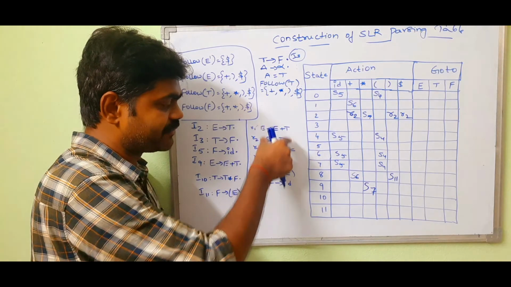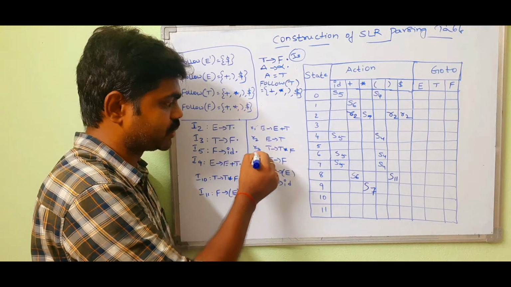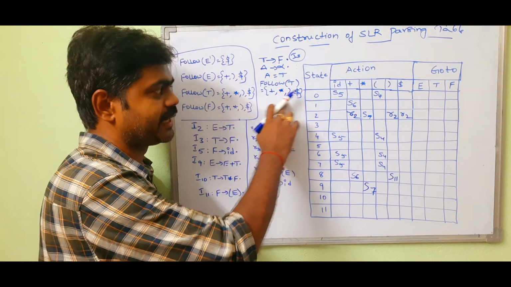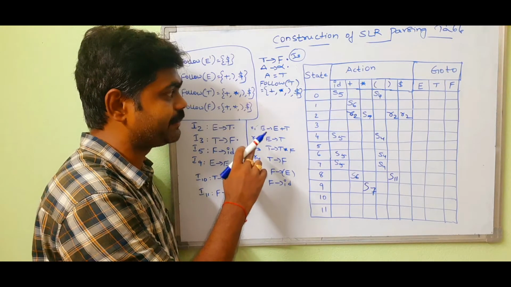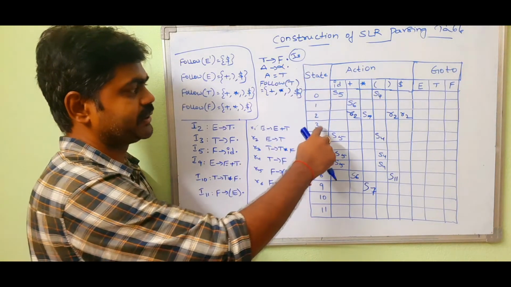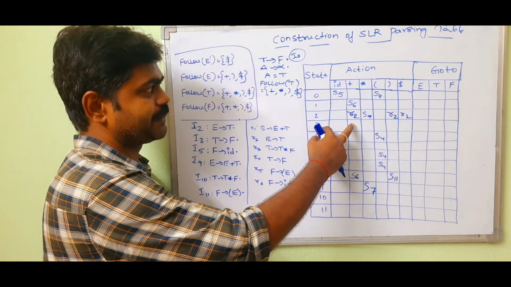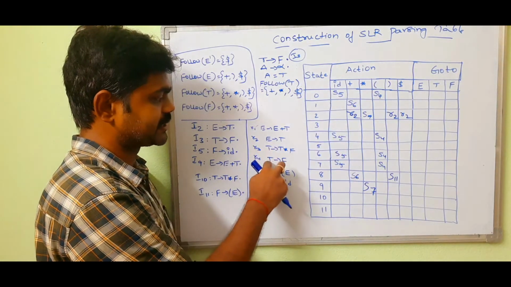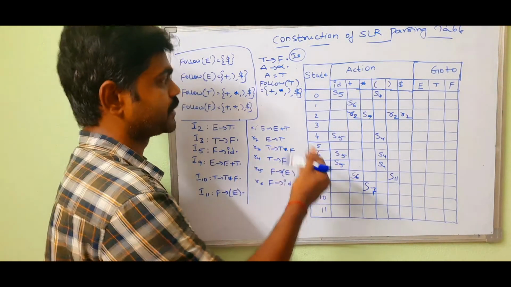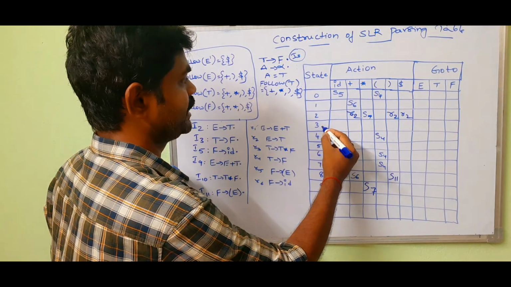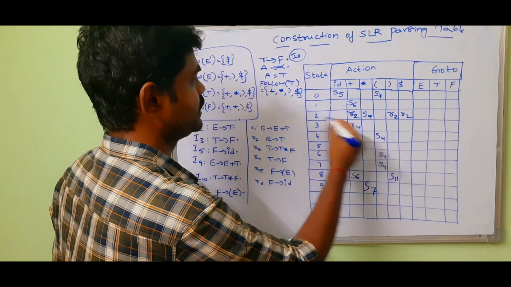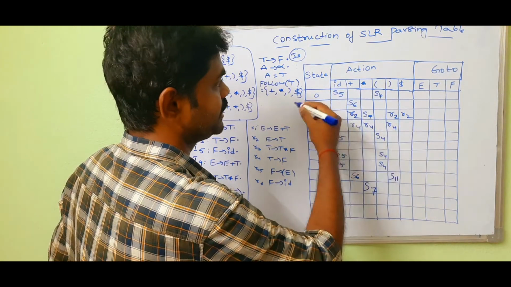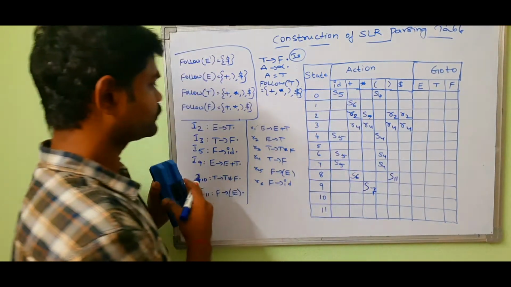The initial grammar which is given to us, write in this format: R1, R2, R3, R4, R5, R6. Here while we apply follow of T, we get some terminals. In the place of those terminals, here we are doing for I3, right? So for I3, in the place of plus, right parenthesis, star, dollar, apply R4. Why? Because T tends to F is in R4. So I3 in plus R4, in the place of star R4, in the place of right parenthesis R4, in the place of dollar R4. Okay.